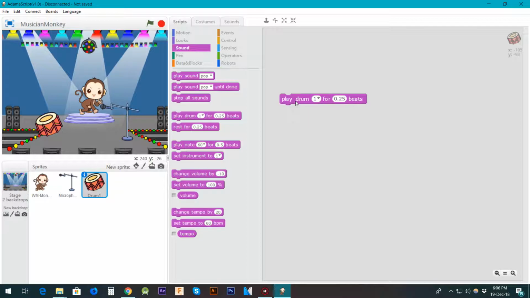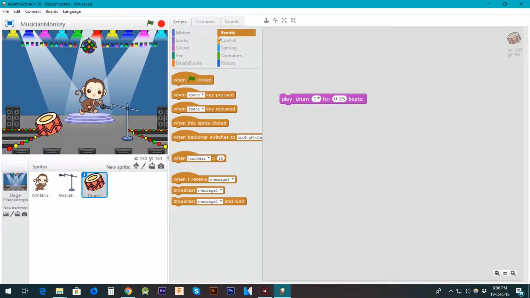Very good. So what we would want to do is we would want to add an event. So basically, when something happens, you would play the drum, right? So for example, if you press a key, so for that we need to come here, or if you press the flag, the drum will start. So for the first one, what we would do is we would show you if you can add this, and when you press this, your drum would make a noise, right? So open this block again and just drag it back here, so it will be deleted,